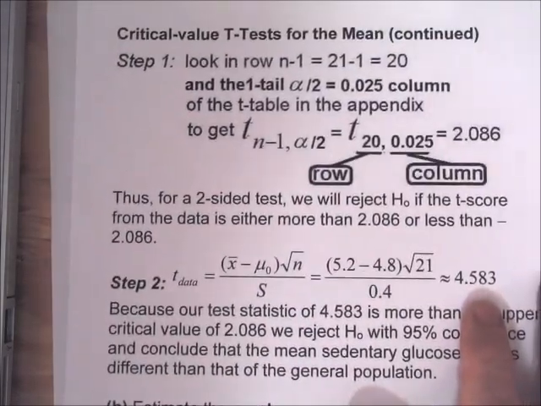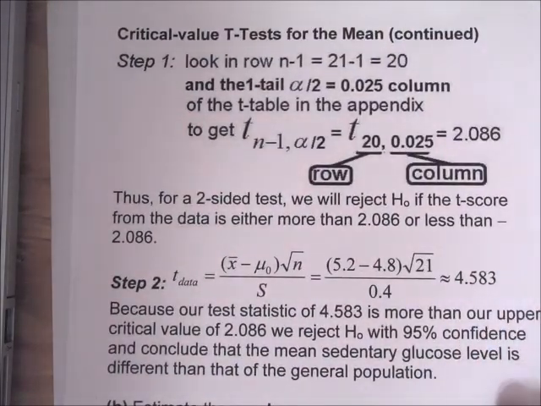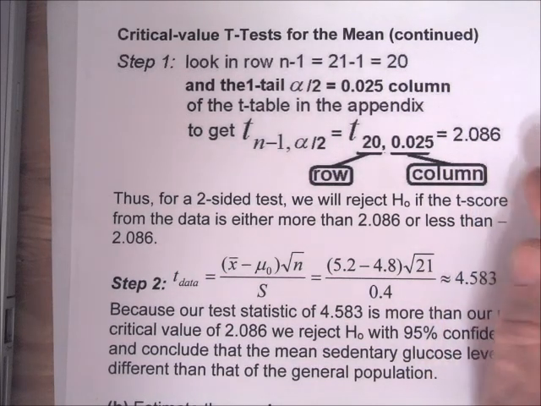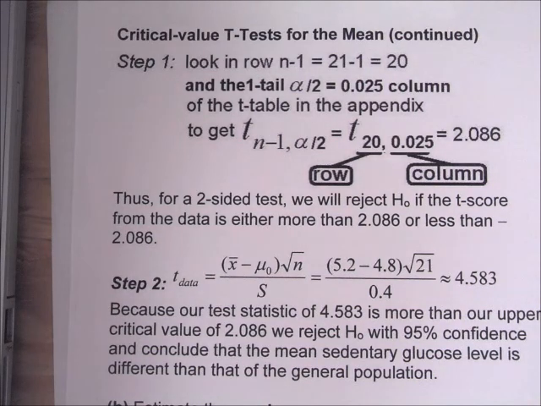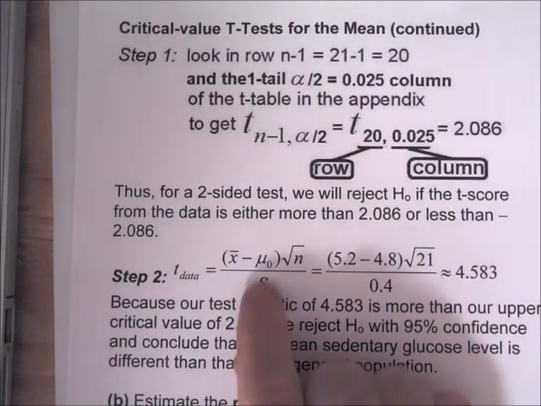Step 1, we'll look in row n minus 1, which would be row 20 of the t-table, and the column would be the doubt divided by 2, which is 0.05 divided by 2, or 0.025. Looking at that column, we get our critical value of 2.086. And so we will reject H naught if the t-score from the data is either more than 2.086 or less than negative 2.086. The test statistic is going to be